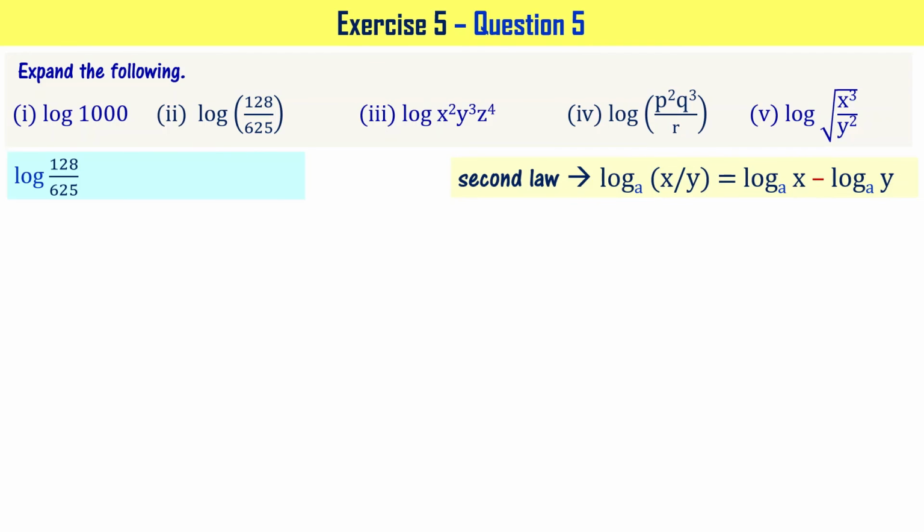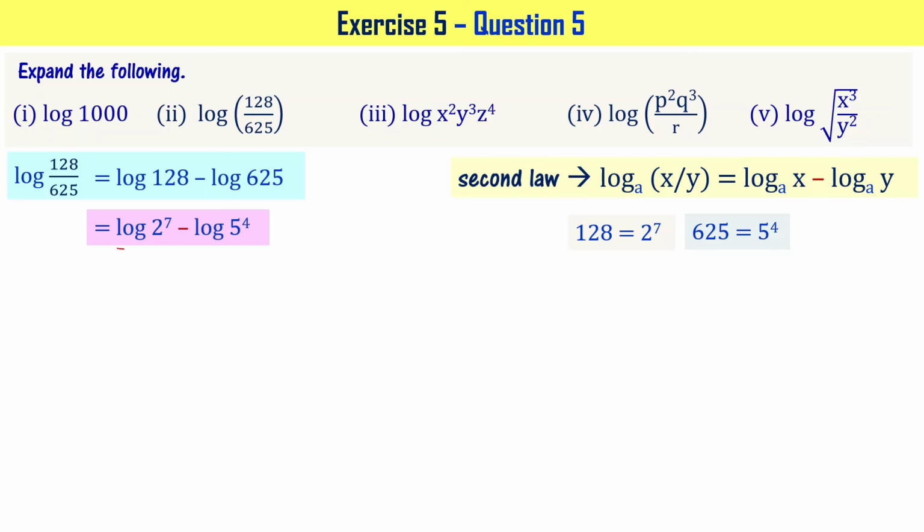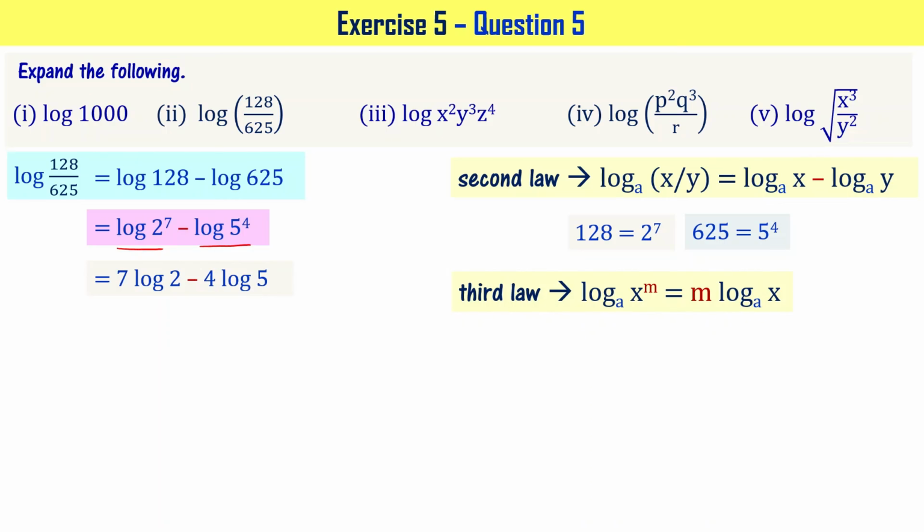You apply the second law. As per that, it can be written as log 128 minus log 625, right? We know that 128 equals 2 power 7 and 625 equals 5 power 4, right? Let's substitute them, so that it can be written as log 2 power 7 minus log 5 power 4, right? Now, if you apply the third law, log 2 power 7 can be written as 7 log 2, right? Minus, and log 5 power 4 can be written as 4 log 5,